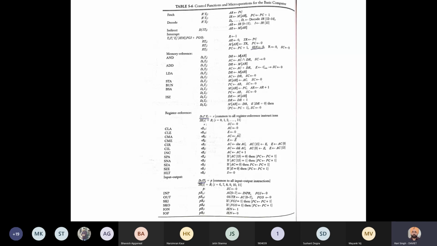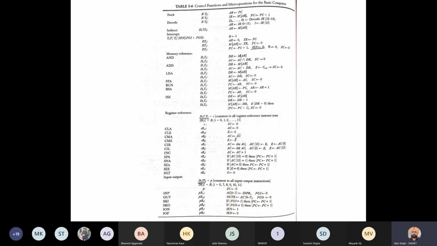We considered four types of instructions in our last lecture: memory reference instructions, register reference instructions and input output instructions. This second column indicates the status of various bits or T states for execution of a particular instruction.